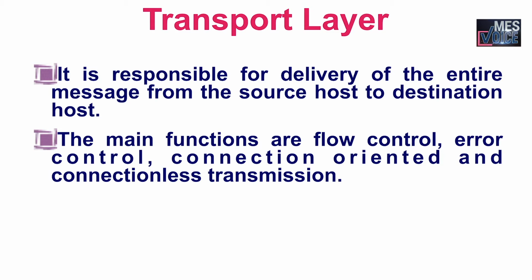Port number helps to direct each segment to the correct application, and sequence number helps to reassemble segments in the correct order to form correct message at the receiver. In flow control, transport layer controls the amount of data being transmitted. Transport layer also helps in error control.